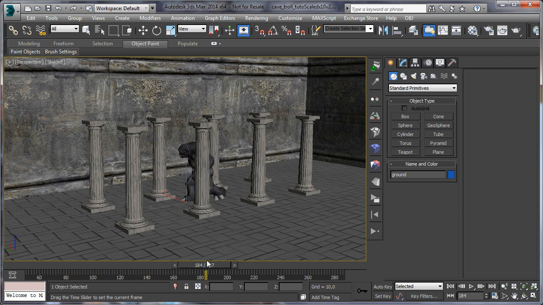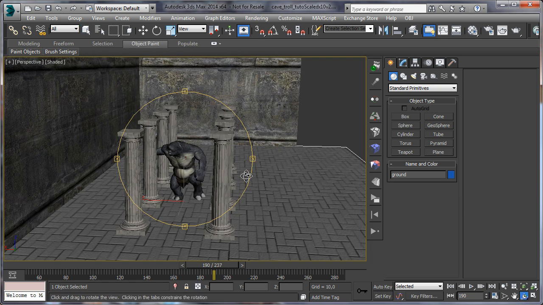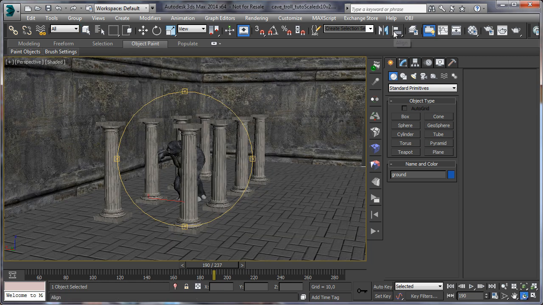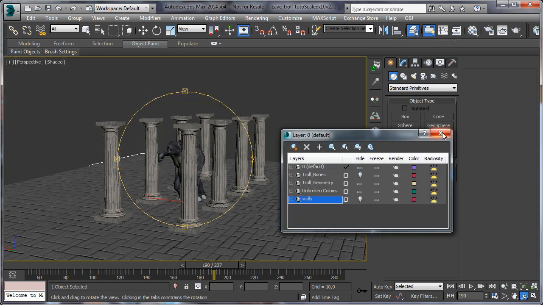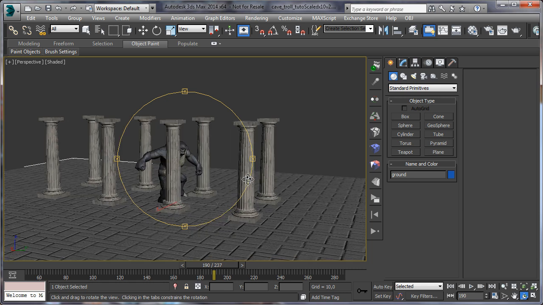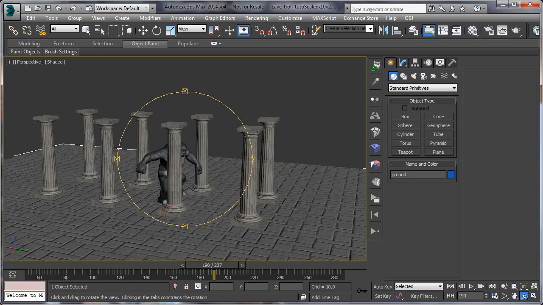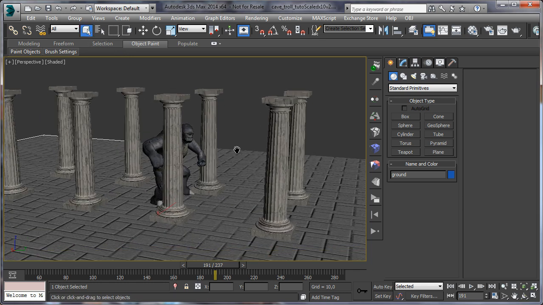For this, we are going to start breaking the third column because the setup for all columns is exactly the same, and this way I have more time to explain later how to add more debris with particle flow. So let's hide the walls because we don't need them for the explanation, and let's go to shatter this column when the orc hits it. For this, we just have to